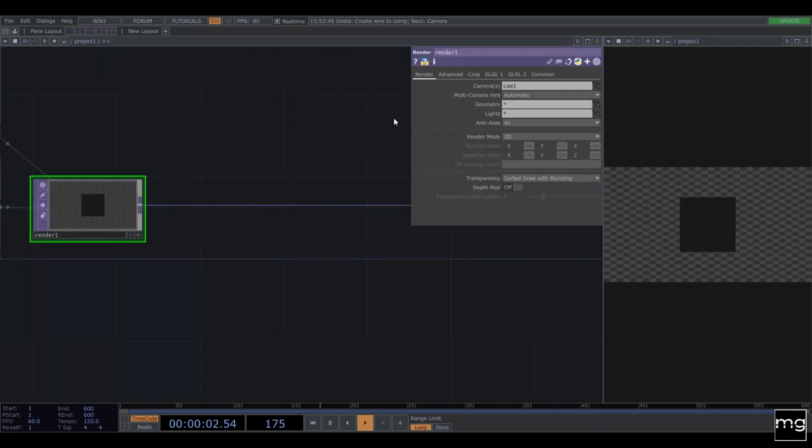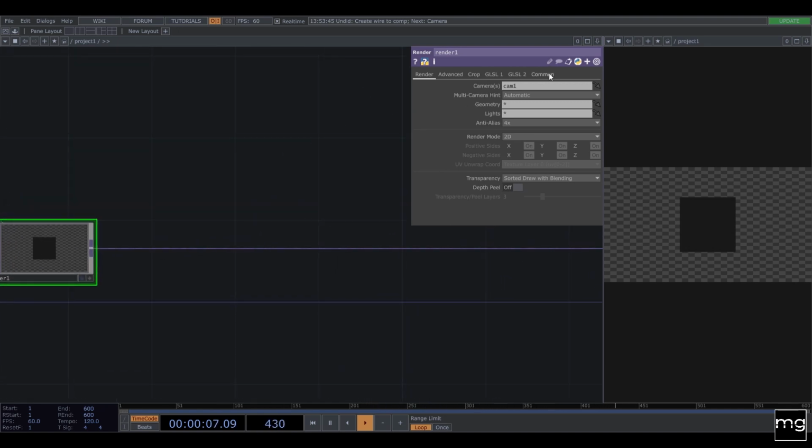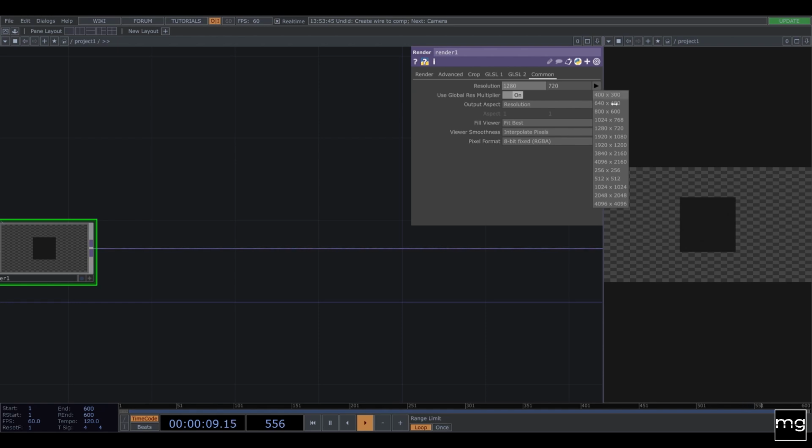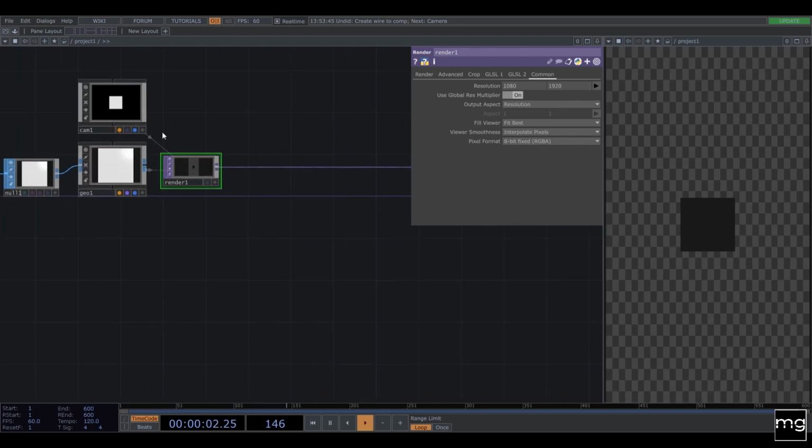I like to right away change the resolution for the one that I'm going to export, and in this case, because this was meant to go to a reel from Instagram, I'm going to use that same resolution. So what I like to do is to use 1080 by 1920. So 1920. So that's what we're going to do.